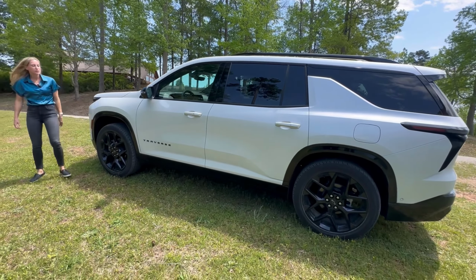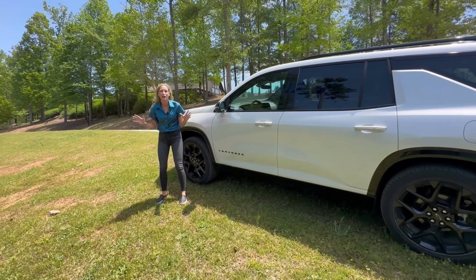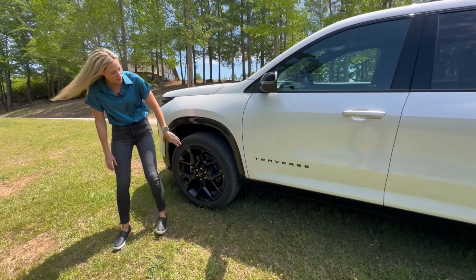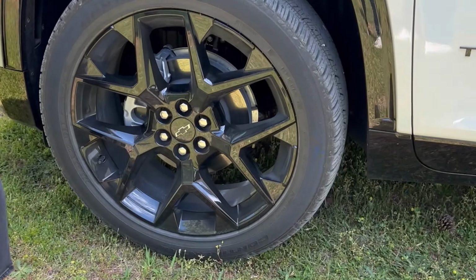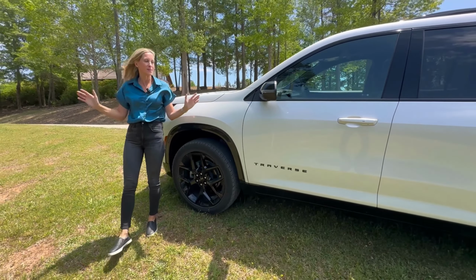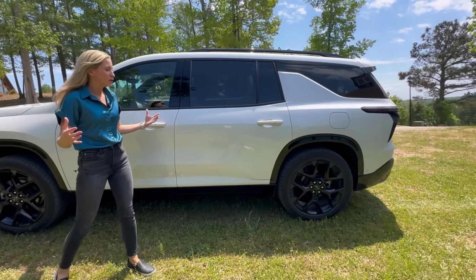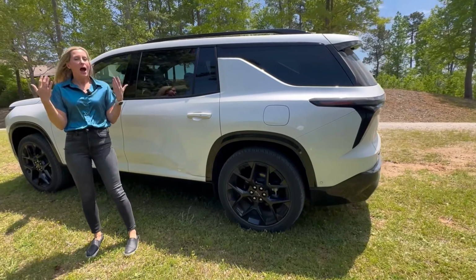So I do want to swing around to the side and just show you the side body, and probably my favorite glow up that Traverse has gotten is on the RS, and it is these 22-inch blacked out wheels. And this is standard 22s for the RS, and I feel like it sets off the whole style of this SUV. It looks bigger, it looks more substantial,